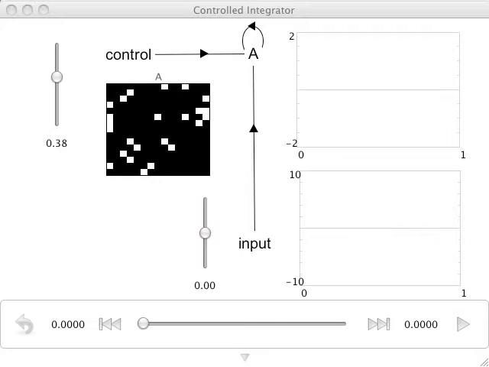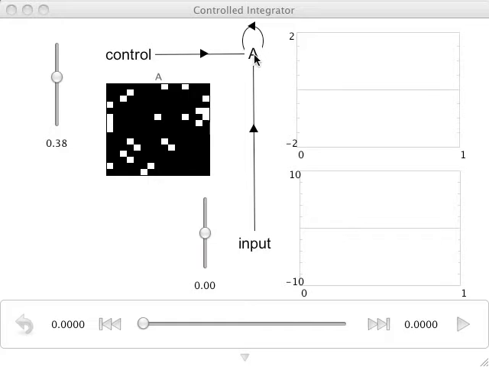In the controlled integrator network, we can see the elements of a simple integrator with the input and a recurrently connected population A. However, we have also introduced a control signal. As a result, population A has a slightly more sophisticated representation here than in the simple integrator. In particular, this is a two-dimensional representation, where one dimension is the input and the other dimension is the control